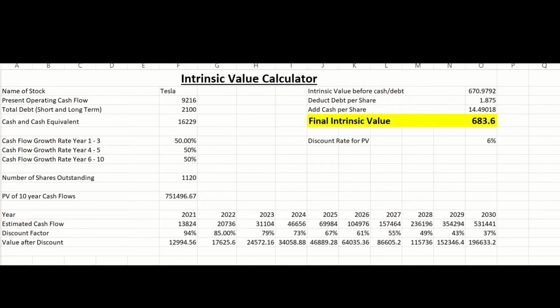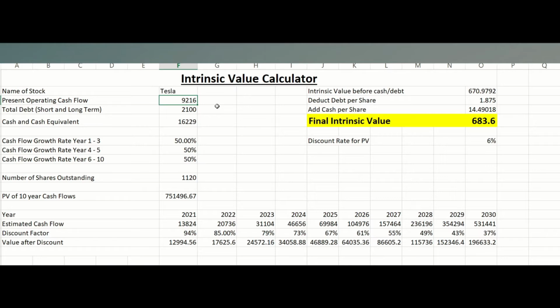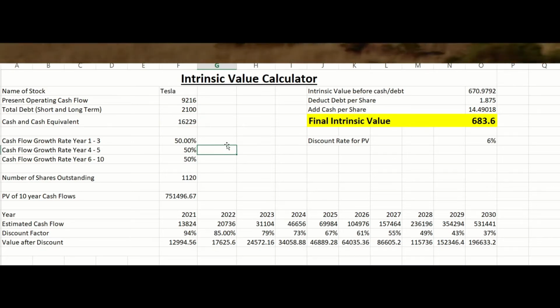So I'm using two intrinsic value calculators to do this, and we can see that for the first calculator that I used, the operating cash flow is calculated to be 9.2 billion. How I got it is using the first 3 quarters' operating cash flow, and I increase it by 25%. Then the total debt is 2.1 billion, and I understand that the cash and cash equivalent is about 16.229 billion. Now, I'm using the growth rate that they have mentioned, so being generous, using a 50% growth rate for the next 10 years and the number of outstanding shares at 1.12 billion. The final intrinsic value that I got is